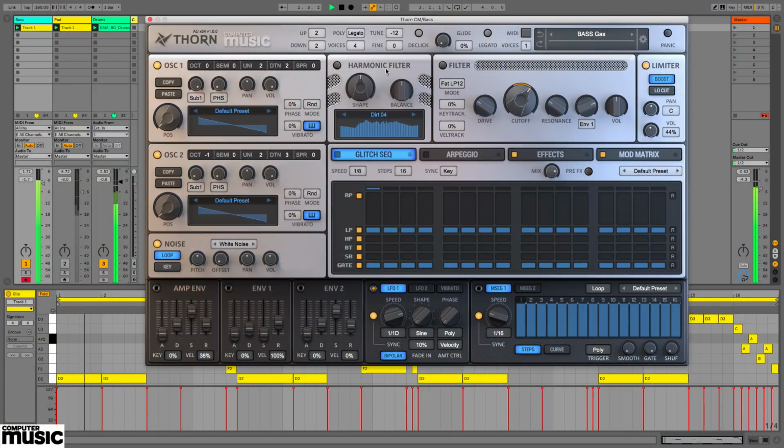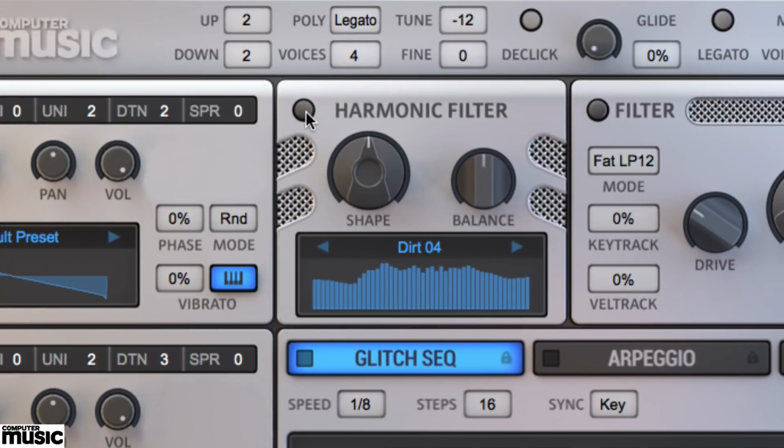Thorn CM's harmonic filter directly manipulates the amplitude and phase of the harmonics generated by the oscillators to radically alter the frequency profile of the signal. Think of it as a ridiculously high-resolution graphic EQ. A wide range of preset shapes is available,